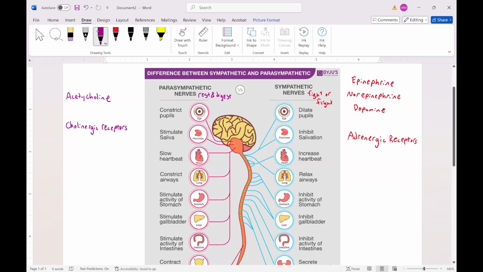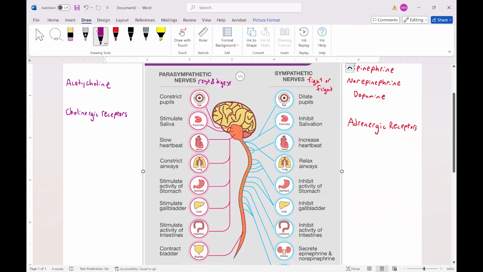Now, with pharmacology, it gets very interesting because I can use pharmacology to hijack this system and make these reactions occur. If I give epinephrine to a patient, that's going to increase their heart rate and open up their airways. Both of these are going to be helpful with an anaphylactic patient, for instance. So there are reasons why I might give that.